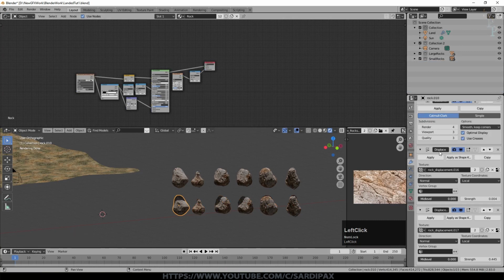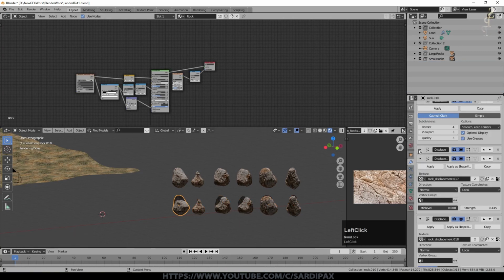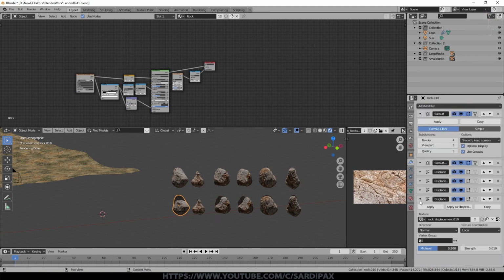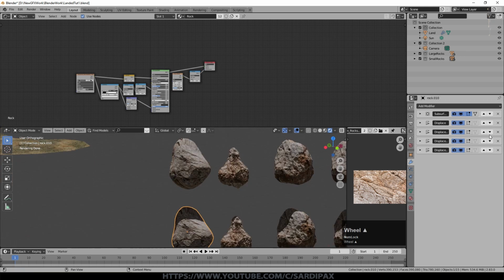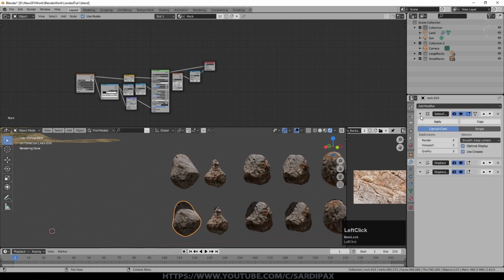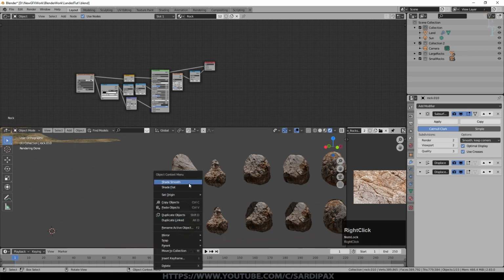Then what I'm going to do is take the first one, and we'll leave the displacements on, but we perhaps don't need quite as many displacements. So I'm just minimizing them here so we can see what we've got. So we've got 2 subsurf modifiers on here, so we certainly don't need that. I'm going to take one away. I'm also going to take 2 of these displacements away. You can see we've still got the basic form of the rock, but it's got a lot less vertices now. And I'm also then going to reduce both render and viewport to 2 subdivisions. And you see it's become more blocky now. Make sure it's set to shade smooth.